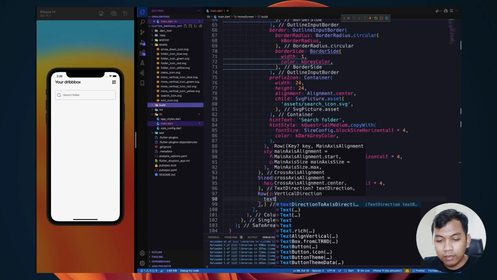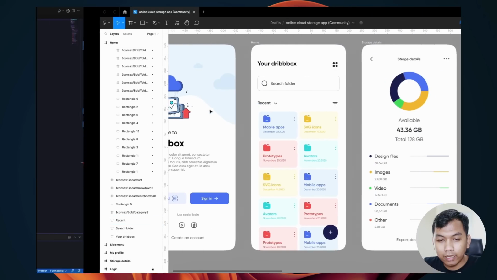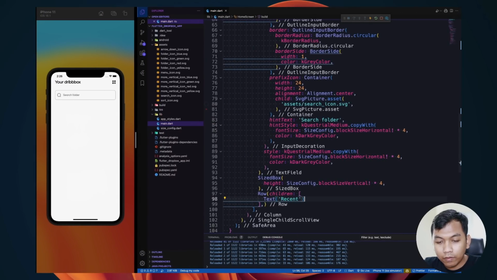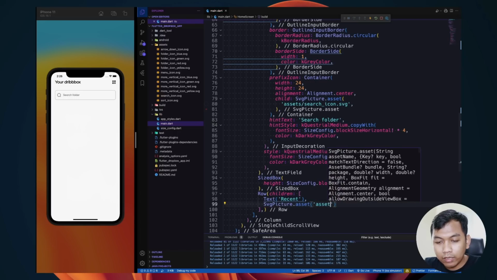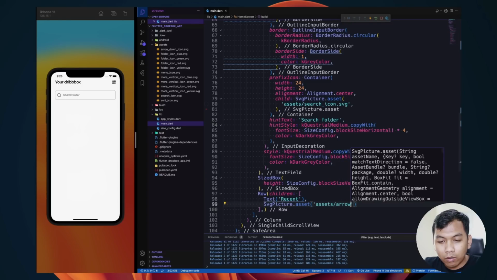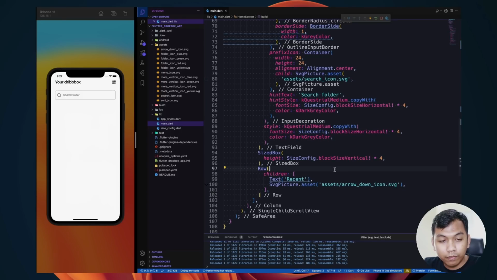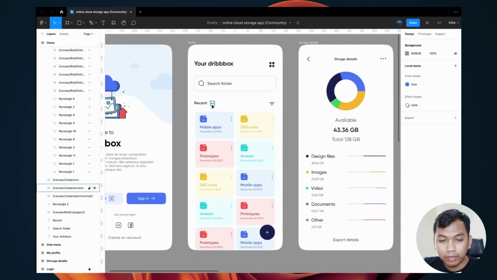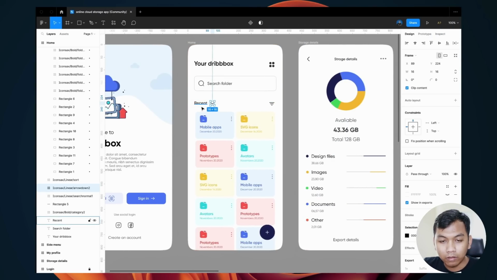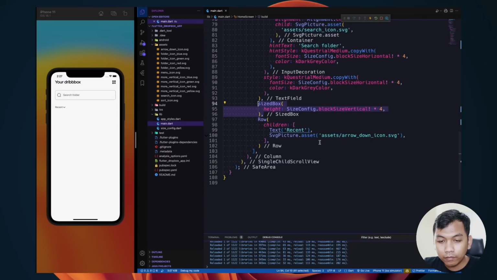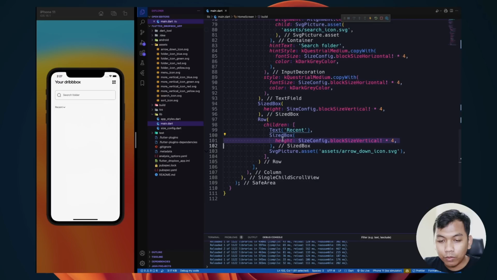Row widget will have children. The first children will be text and svg picture assets, and we say assets slash arrow down icon.svg, and we will see, and we need to add a little space here around 12, so we can copy this one and change the value to width, and this will be horizontal, the value will be 3 or 2.5